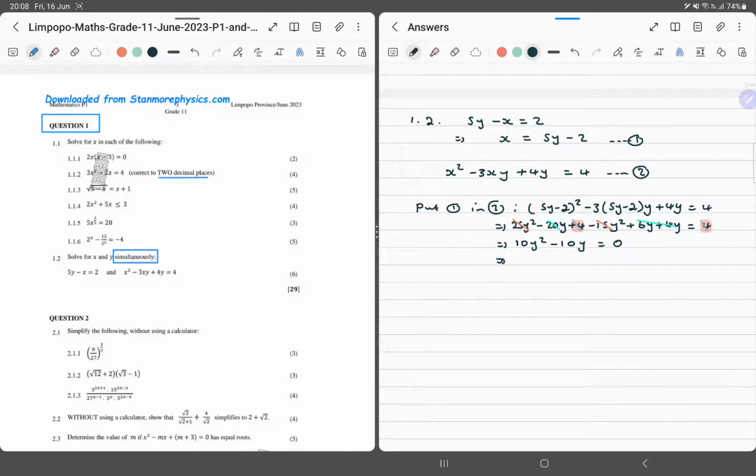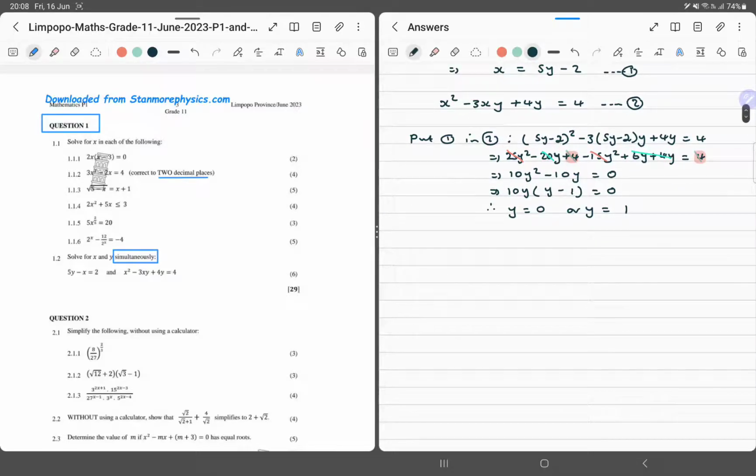And then here we know that we can take out the highest common factor, which is 10y. We remain with y minus 1 is equal to 0. Therefore, we know that y is 0 or y is going to be 1. Okay, great. Therefore, x is going to be 5 into 0 minus 2, or x is going to be equal to 5 into 1 minus 2. This is going to be simply minus 2. This is simply going to be a 3. Okay,